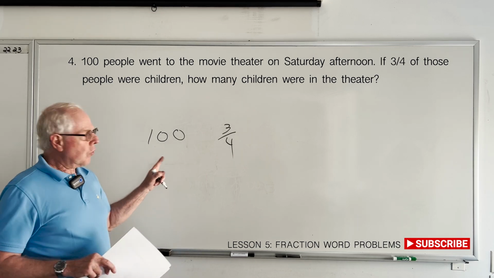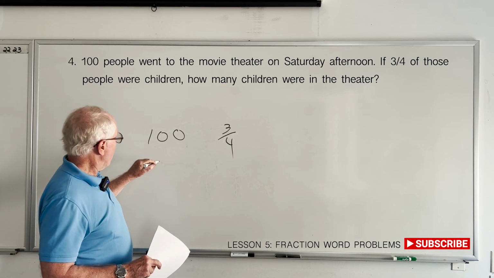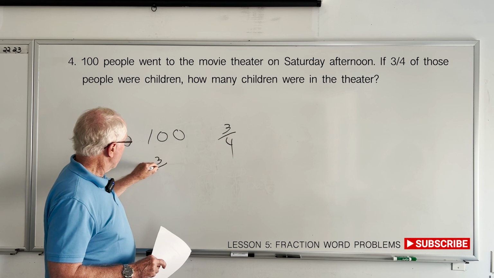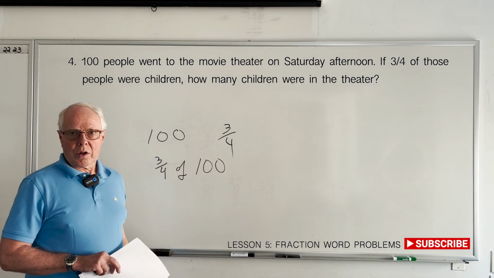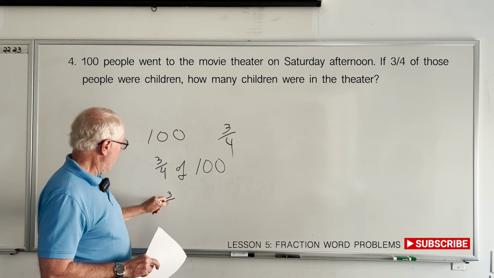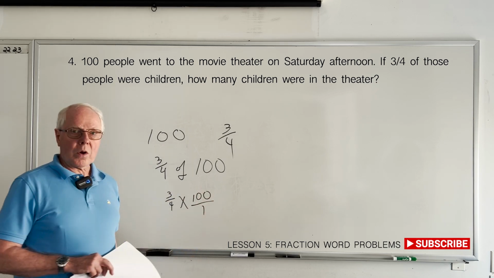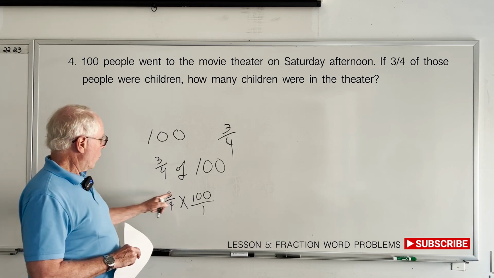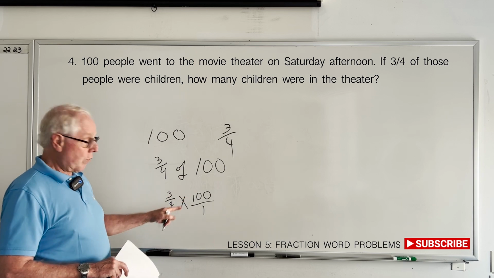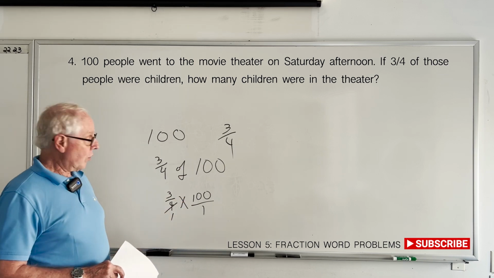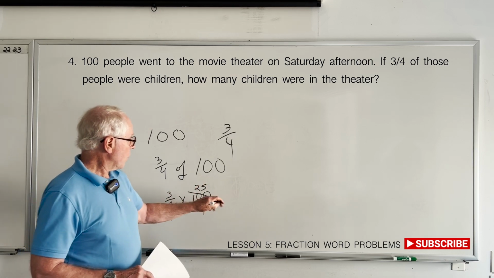So what we want to do, and I always tell my students that the word "of" means multiplication. We want to know 3/4 of 100, or 3/4 times 100, okay? We could do 3 times 100 and then divide by 4, but we could cancel. We'll do our division first. 4 goes into 4 once. 4 goes into 100, 25. 3 times 25 is